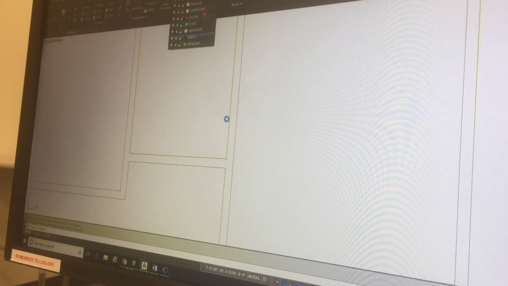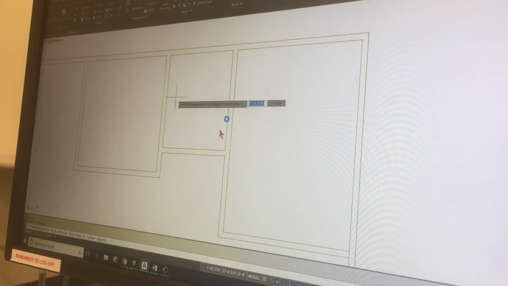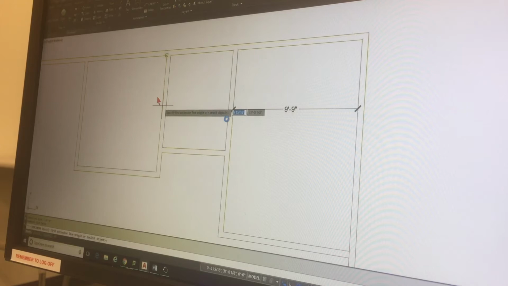Now let's verify that it's correct. So I'm going to go to here and go to dimensions, and let's measure a couple of these and make sure that they're right. So we're linear, and let's go from here to here, and that's 9'9", so that is not right. So we have to fix that. And let's look at this next one. This one's supposed to be 9'7". Let's see if that's right. That's right. And then this one should be 5'10",